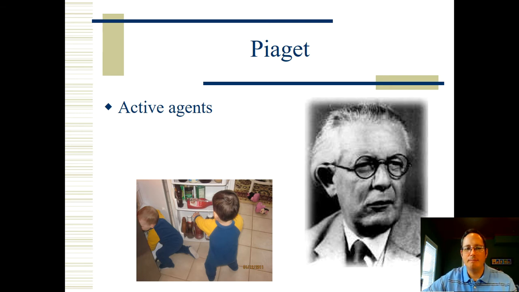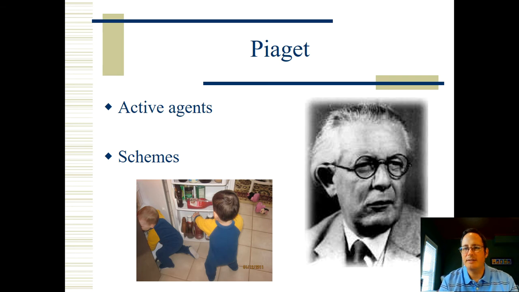Now, Piaget said part of how we make sense of the world is through the use of something called schemes or schemas. This is a very important concept that we're going to be delving into in the next couple of slides. But first off, what is a schema? Schemas, according to Piaget, are cognitive structures. They're organized patterns of action and thought that we construct to organize and interpret our experiences.